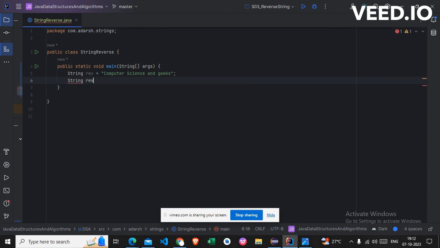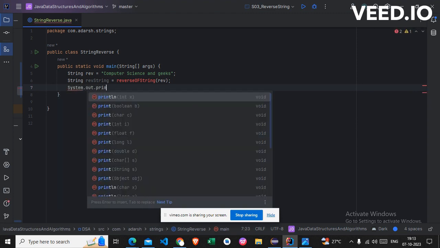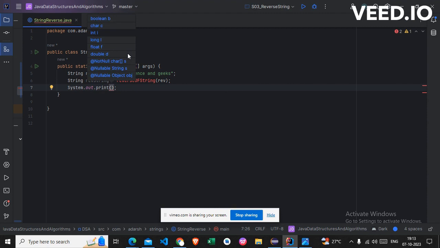Store the reverse of the string in a variable and call a function, say the function name will be reverse of string. We're going to pass the string there, and then we're going to print it with System.out.println. It's not defined yet. So reverse string,